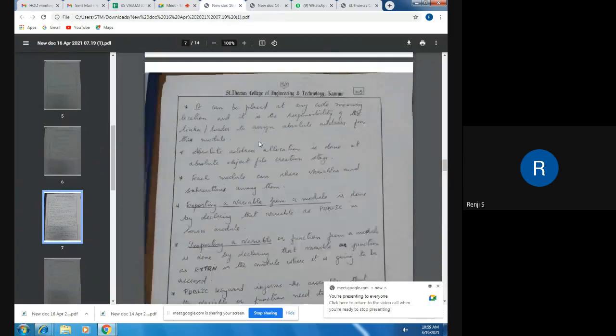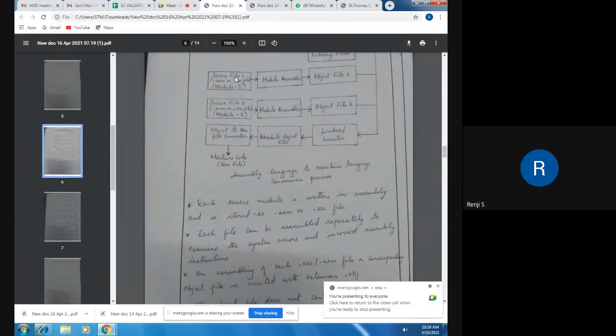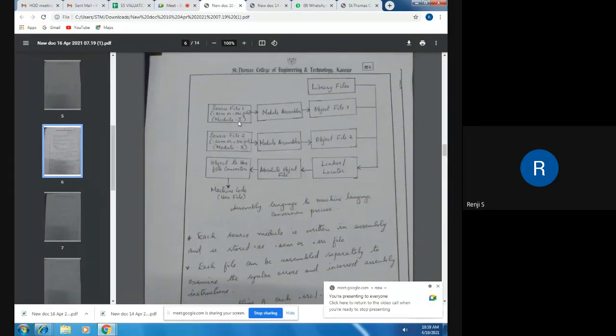So, here we said that there are multiple modules, isn't it? There is module 1, module 2, etc. Because corresponding to module 1, you get object file 1, and corresponding to module 2, you get object file 2. As I said, any variable declared in module 1 can be accessed in module 2, or any variable declared in module 2 can be accessed by module 1.